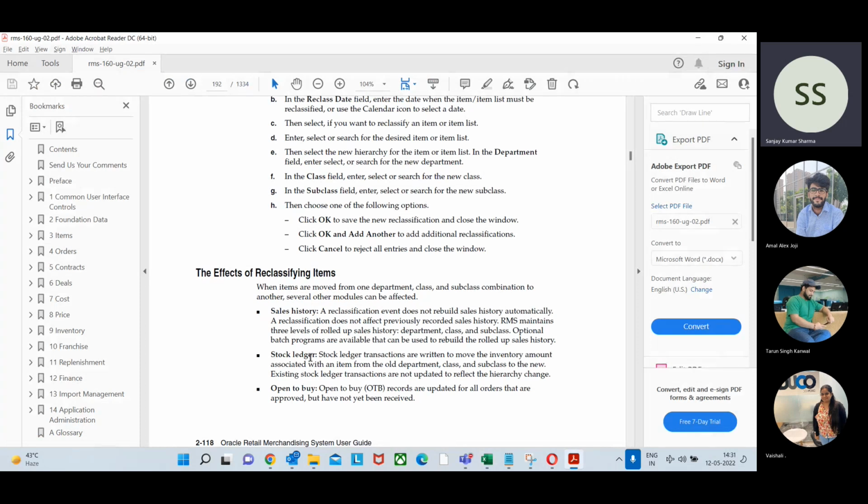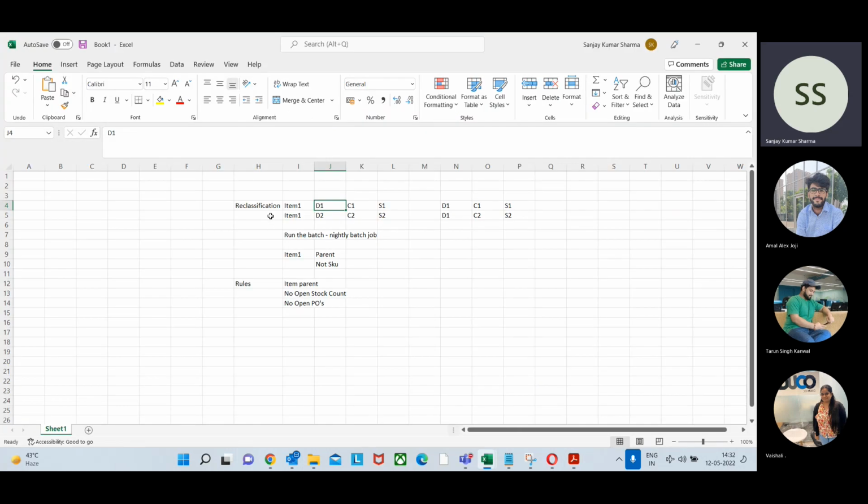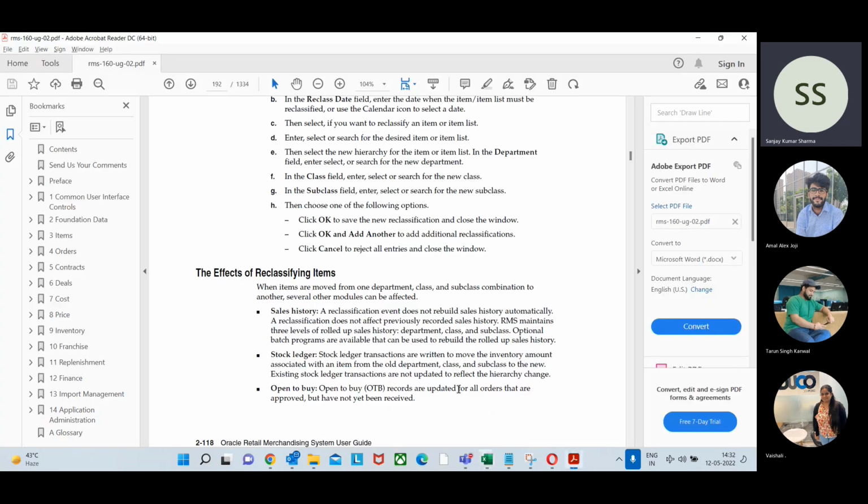Okay, what will happen for the stock ledger? Again, these are the transaction part. Okay, stock ledger transactions are written to move the inventory amount associated with the item from the old department, class, subclass to the new. Existing stock ledger transactions are not updated to reflect the hierarchy change. I'll talk about stock ledger later after some time. Basically, whatever tran codes and all those things that will be coming, those will not change. Okay,